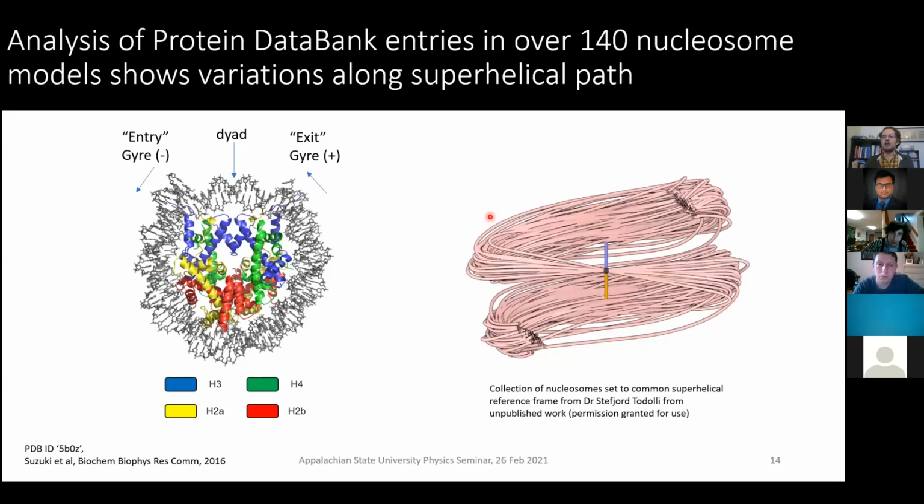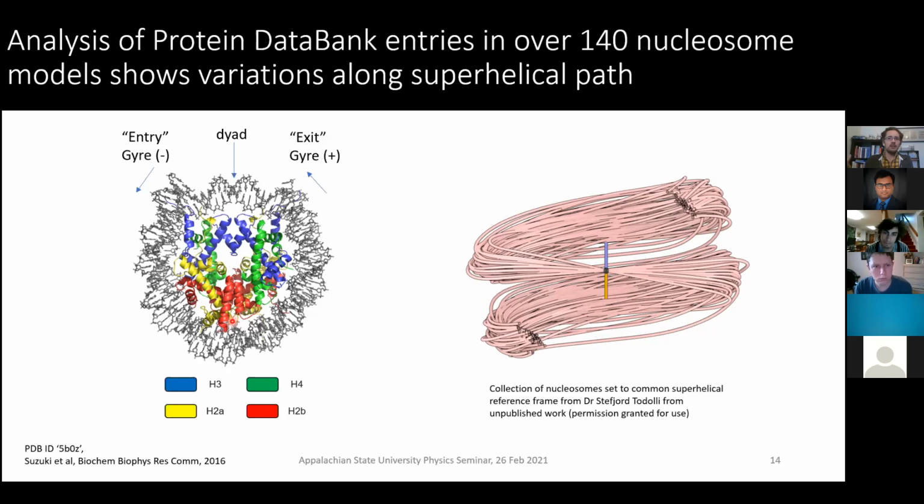We have a dimer of H3 and a dimer of H4, and it looks almost as if it's two cylinders that create this wedge on top of each other. But if you look closer, you would notice that it's not uniformly bound. It's bound in pockets. You have an interaction between the protein and DNA, then a region of DNA that doesn't adhere, and then another protein interaction and so forth. So it's almost as if there's a consistent pattern of binding and non-binding in this nucleosome.